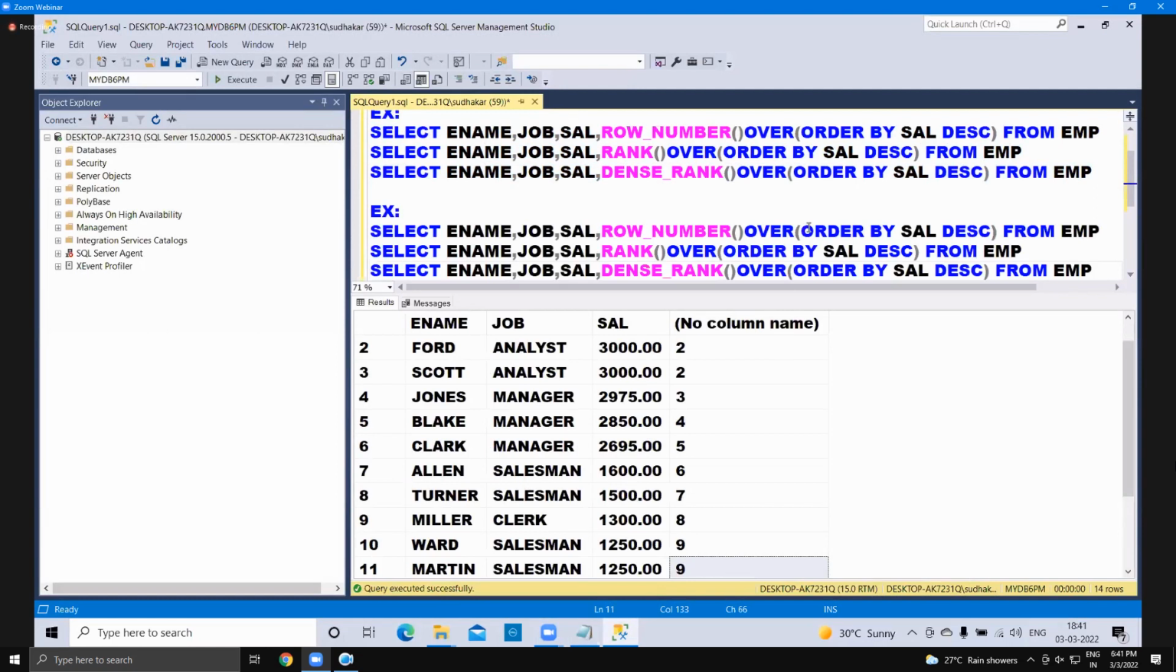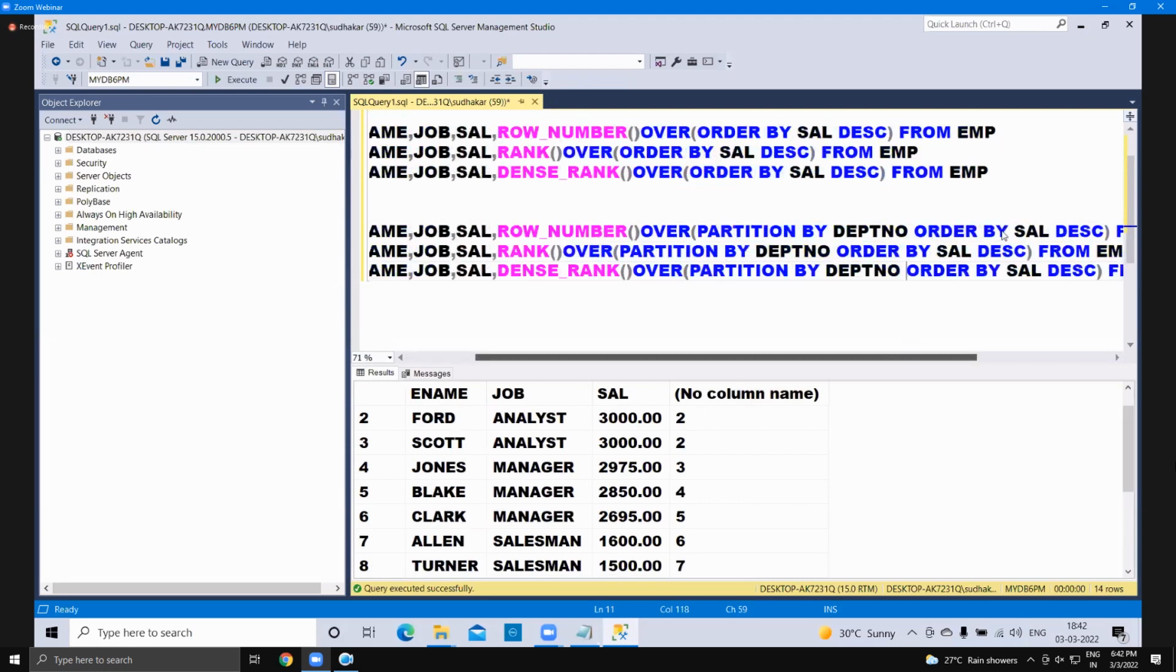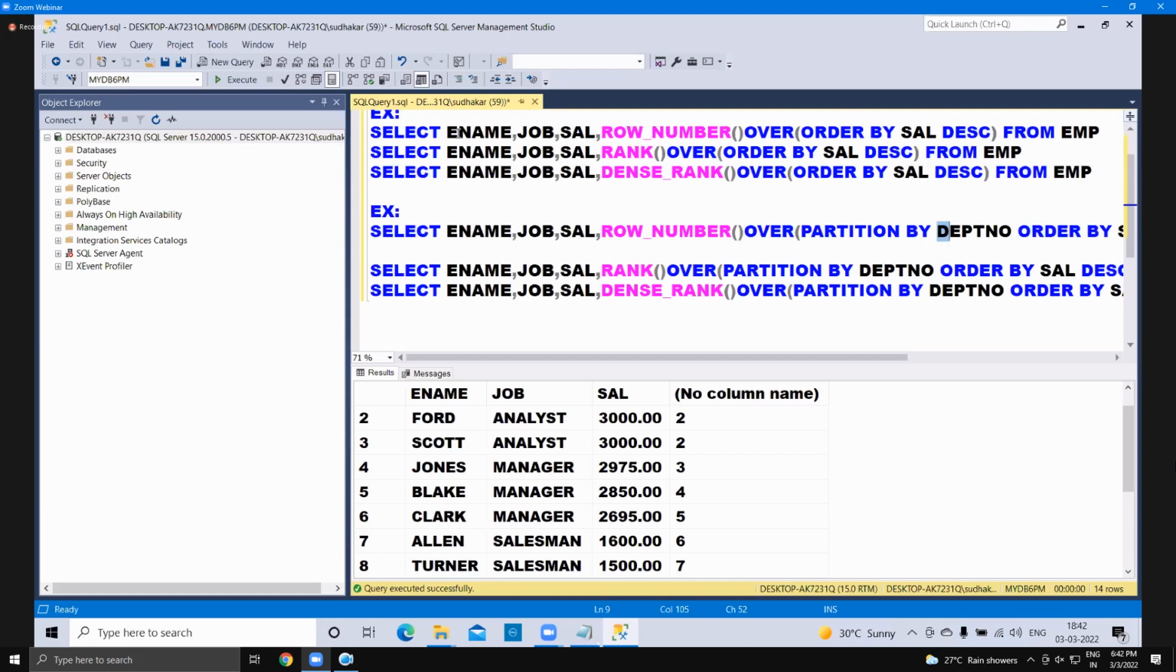So partition by, for example, I want to partition based on the department number column. I'm going to do it here, and the same thing, I'm just going to pass it to each and every function. Let me see, in the rank it was applied here, and in the dense rank also it was applied here. On a particular column, whatever partitions of data are there, every partition of data will